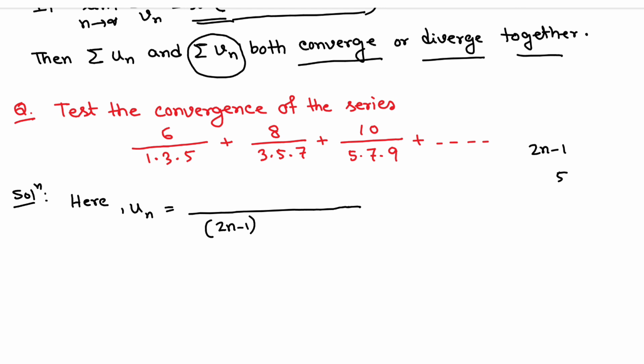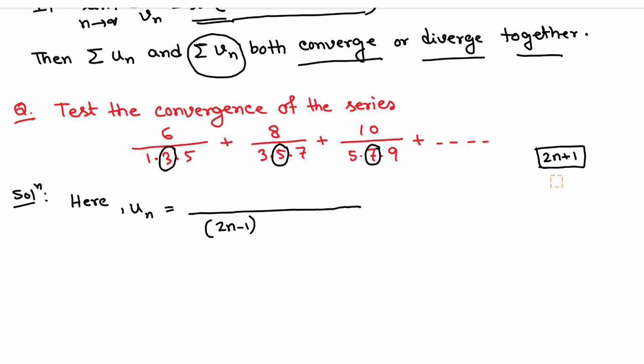Now next number. This is 3, 5, 7. All the numbers are odd numbers. So odd number means 2n minus 1, but this is not possible here. So this will be 2n plus 1, or this may be 2n plus 3, etc. If I take 2n plus 1,